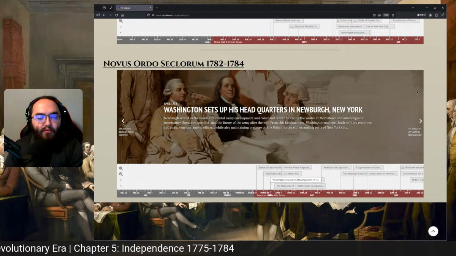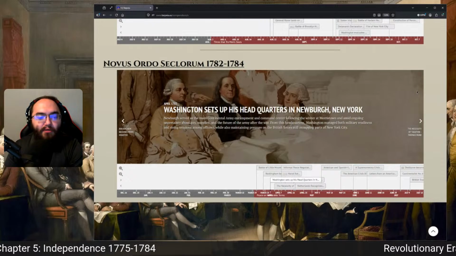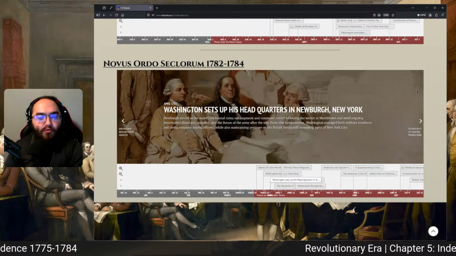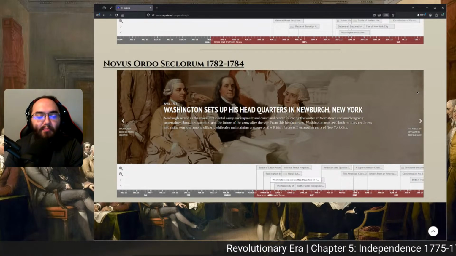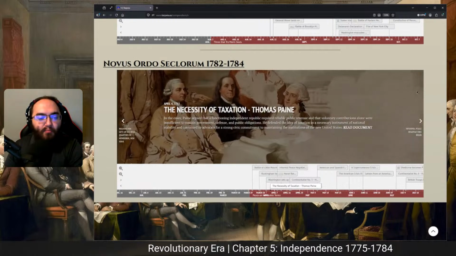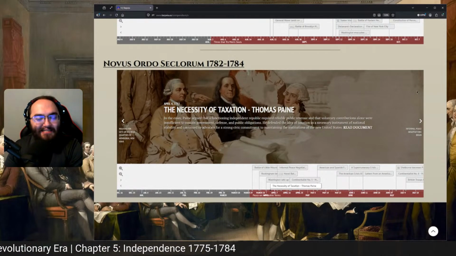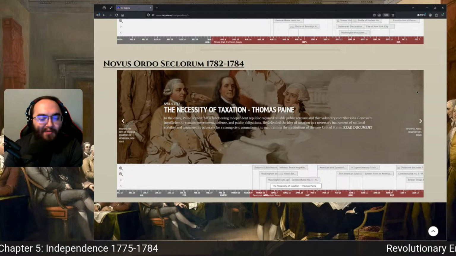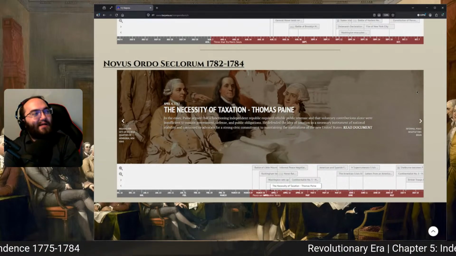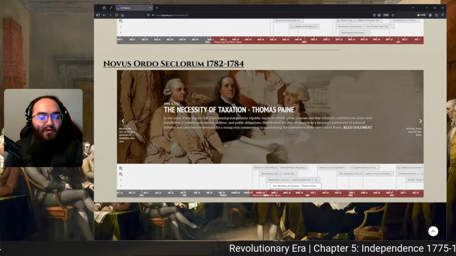Washington sets up headquarters in Newburgh, New York. The British are still in New York City, and so Washington is keeping a close eye on British forces there. Thomas Paine writes an essay called The Necessity of Taxation, which is kind of an ironic essay, given how we just fought a war